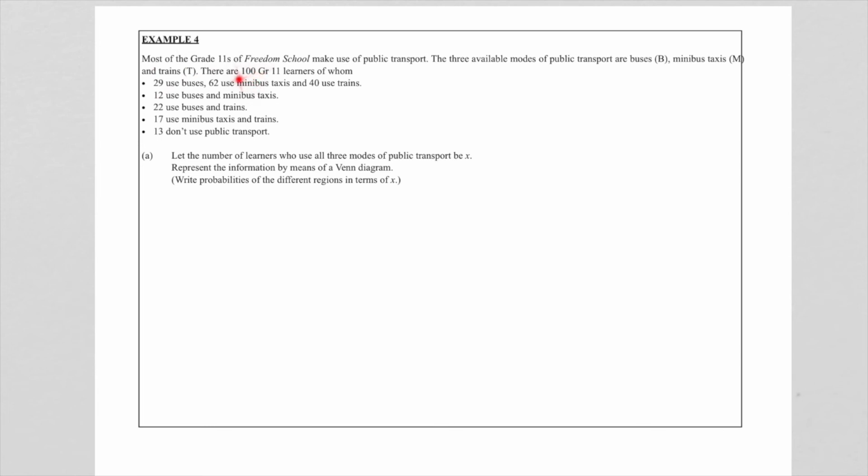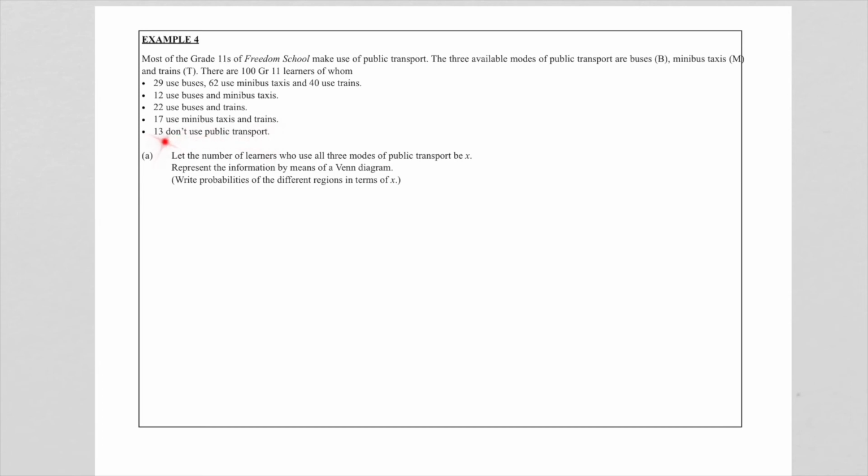There are a total of 100 grade 11 learners, of whom 29 use buses, 62 use minibus taxis, and 40 use trains. 12 use buses and minibus taxis, 22 use buses and trains, 17 use minibus taxis and trains, 13 don't use